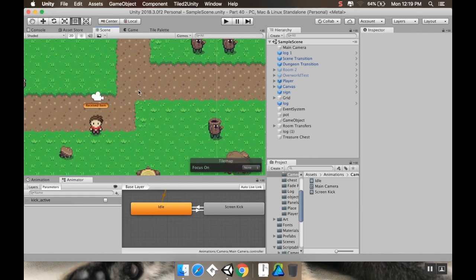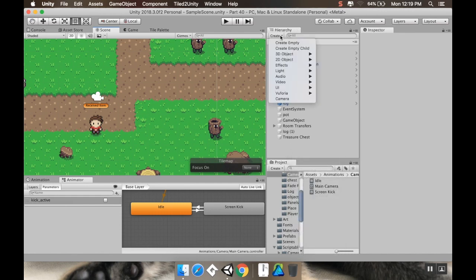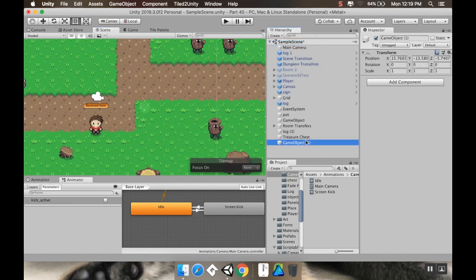So the very first thing, and I got asked a couple questions about this, is how do you organize your hierarchy? And I honestly can't believe it's taken me this long to go over this, but the main way in Unity to do this, since you can't create a folder, if you right click here, there's no option to create a folder. Instead, what you do is you create an empty game object, so create empty. In general, you should always reposition this to 0, 0, 0,